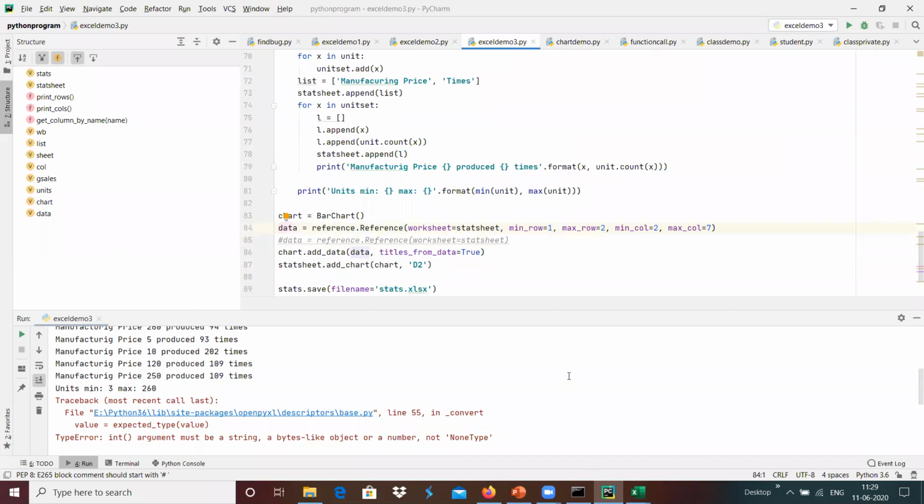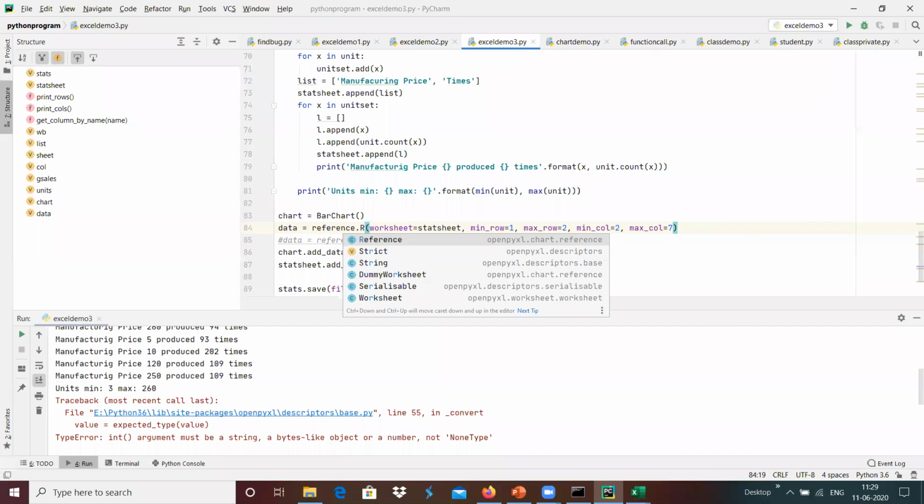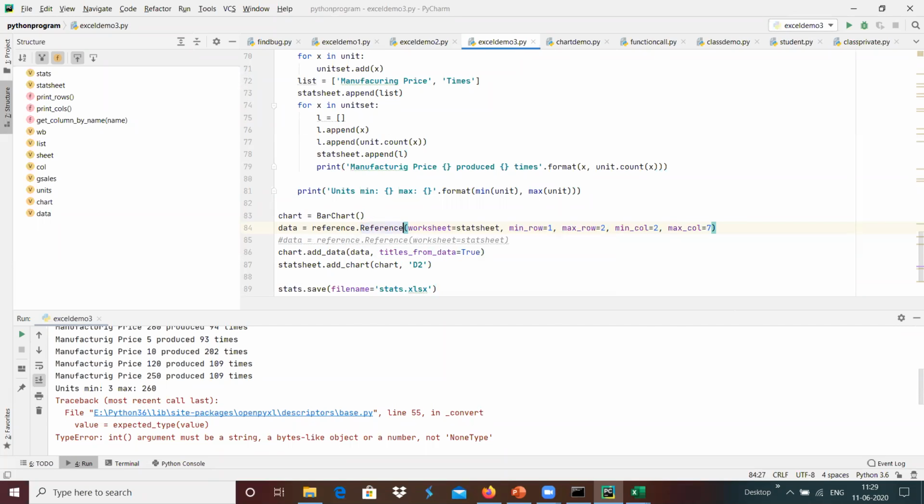We have the statistics, rows 1 and 2, and columns 2 to 7. Maybe I'm going to use column of data, and the reference. Maybe I need to check on this reference, how we can do that.